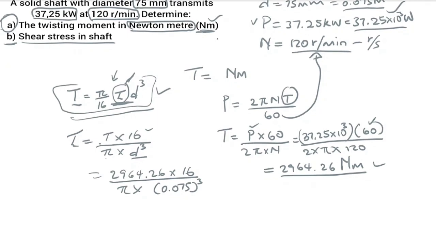The top is going to give you 47,428. Then on the bottom, it's going to give you 1.33 times 10 to the exponent negative 3. When you divide these two numbers, they're going to give you